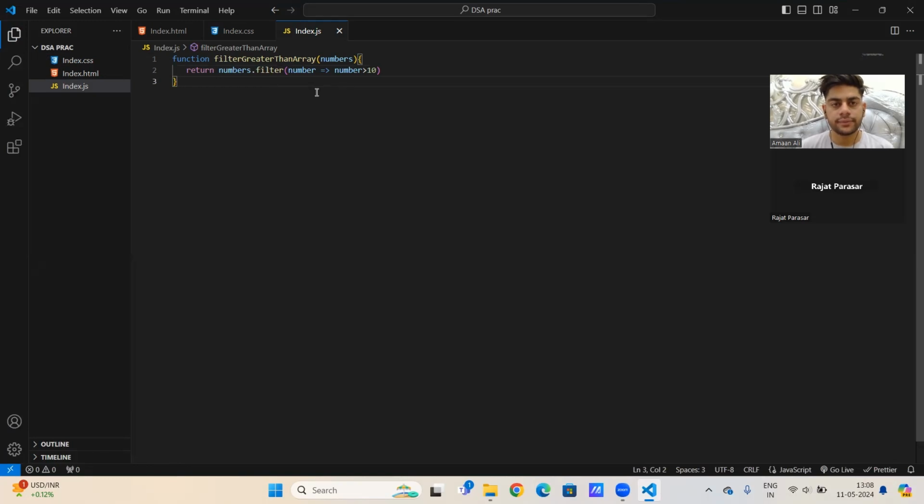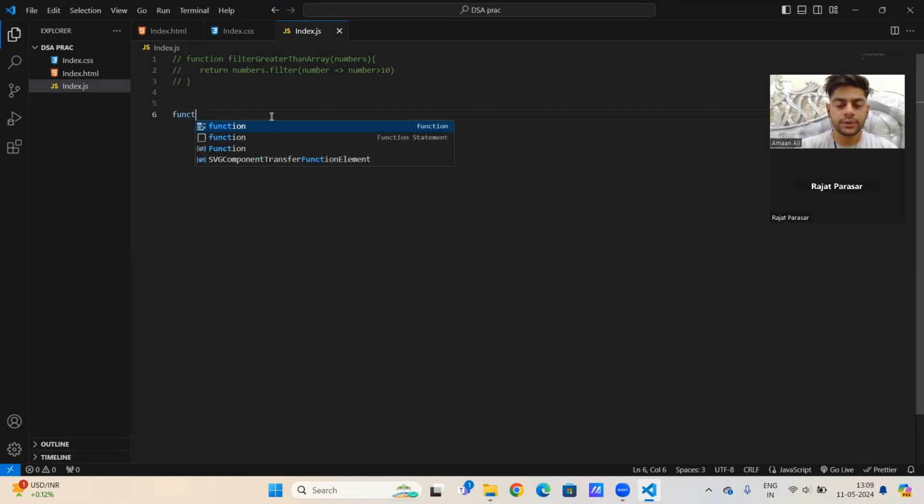The next question is: write a function to check if a given number is prime or not. So first I need to write the function isPrime. We'll take a number as a variable. If num is greater than 2, so we'll